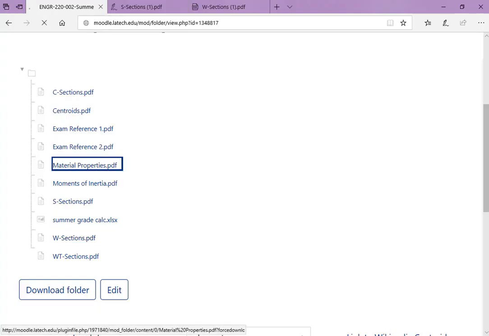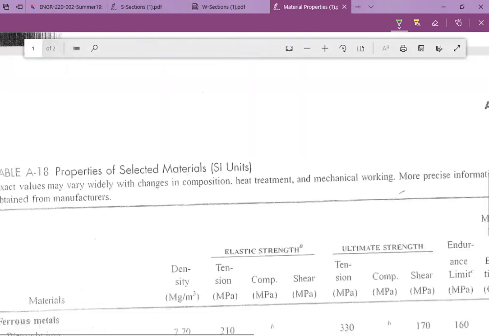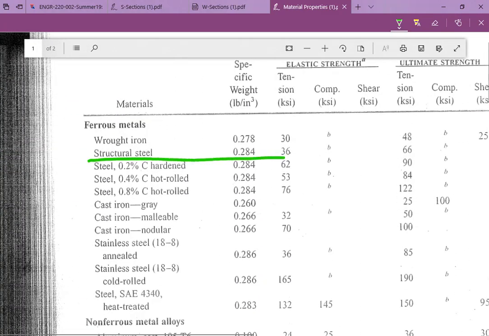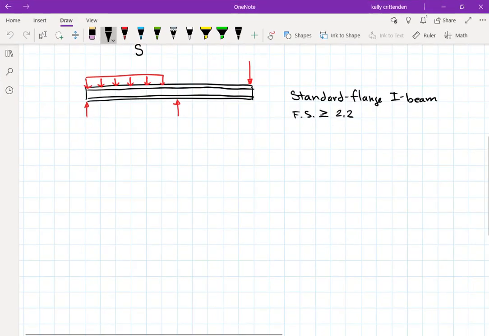So we need that chart, material properties. So this one here, structural steel. I didn't specify if it was in tension, compression, or shear. Well, we know that it's tension or compression for a flexural stress. I didn't specify if we wanted to do elastic strength or ultimate strength. Remember, elastic strength is the number: if I exceed this 36 KSI, 36,000 PSI, of stress in tension or compression, this B means that they're the same value, then I have yielded this beam and it will no longer return to its original shape. It'll be permanently changed. And so that's probably the number I mean when I say factor of safety greater than